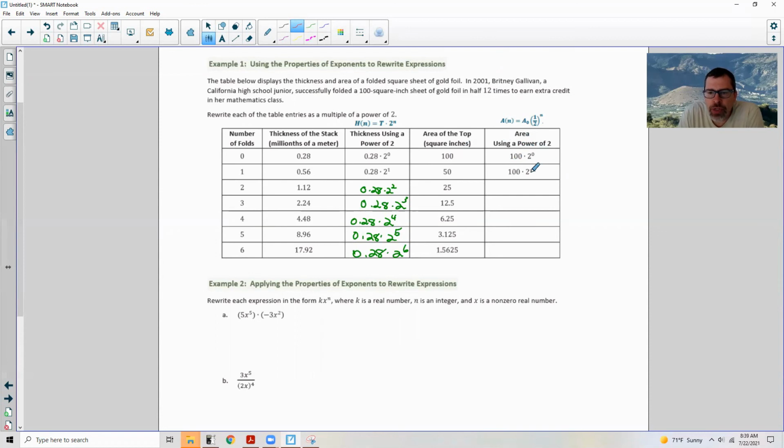I think you covered this in Algebra 1. If you have, let's just stop here a minute. If I said 2 to the first power, that just means 2. Okay, and then if I take that same 2 to the 0 power, well, that equals 1. Because anything to the 0 power is 1, and that comes from